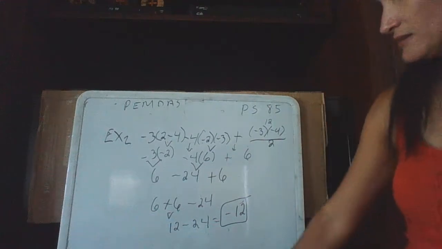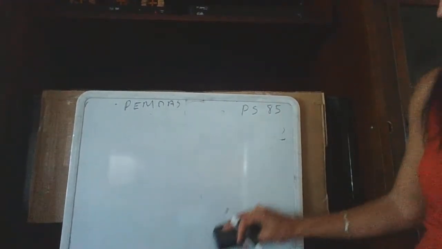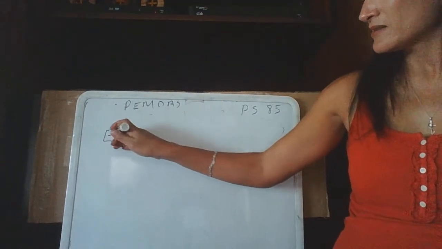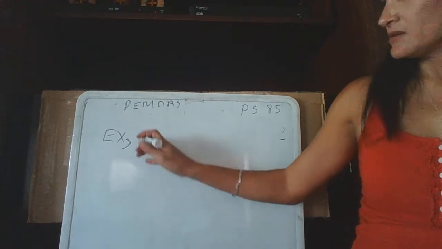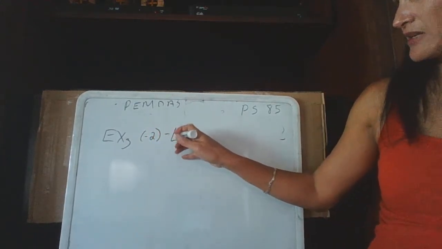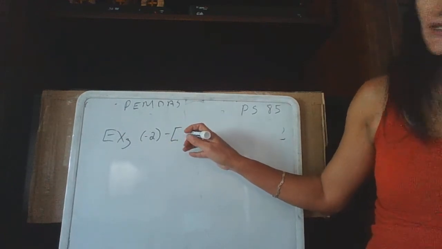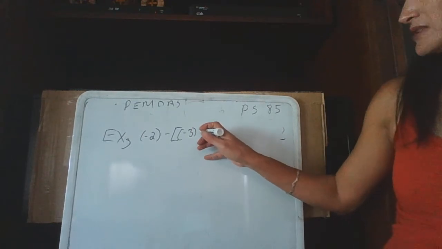All right, let's look at the last example. Example number 3 says negative 2, negative, but this time I have a bracket. And then inside the bracket I have another parentheses, and this is where you guys have to really be cautious